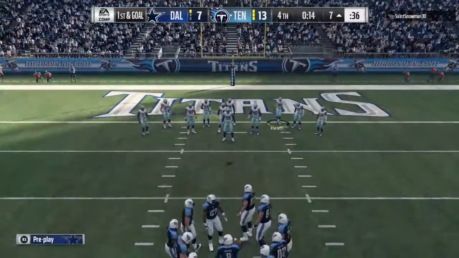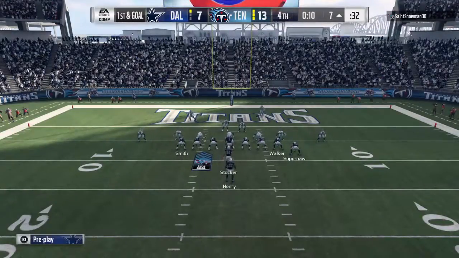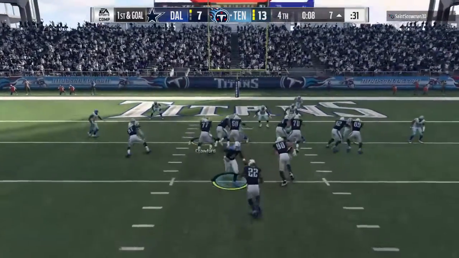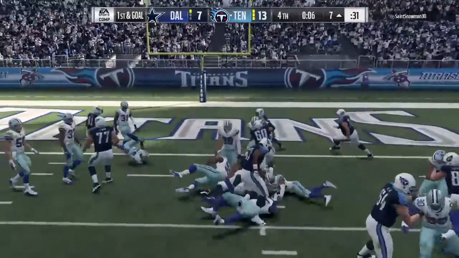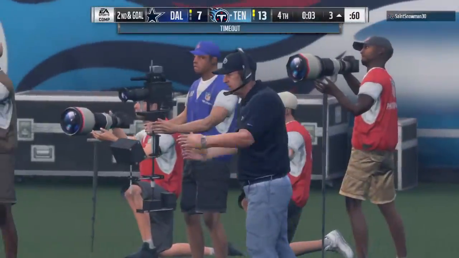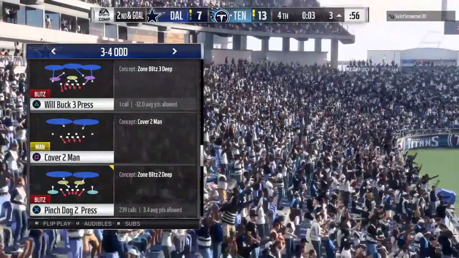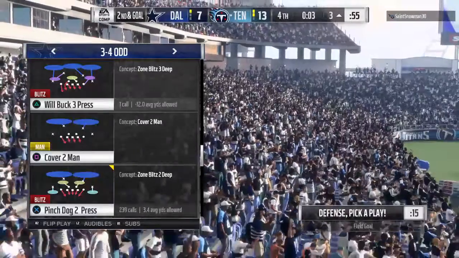Offense walks to the line for play number 7 of the drive. Now a handoff to Henry. And he'll take this one down inside the 5 to the 3. And a timeout comes in. The whistles blow with 3 seconds remaining. Well, if the coaching staff's doing a good job up